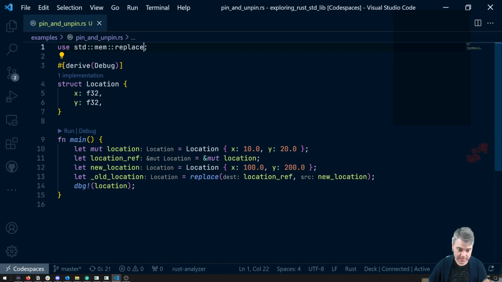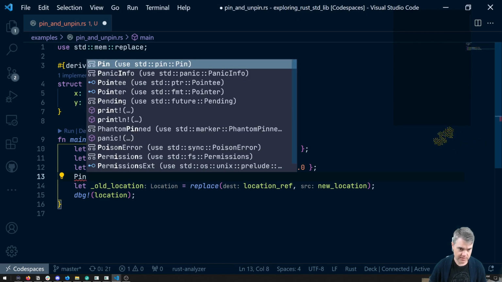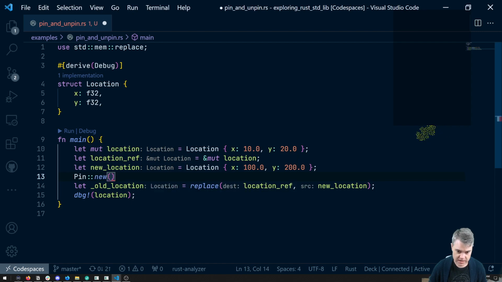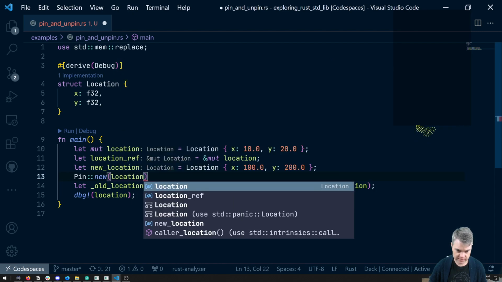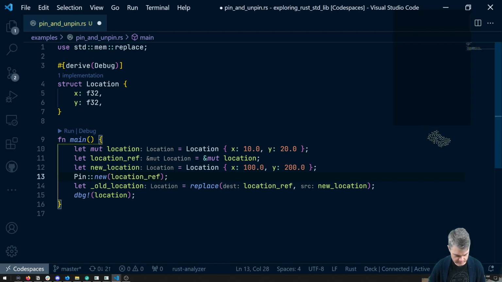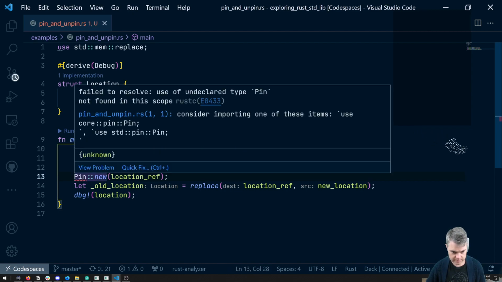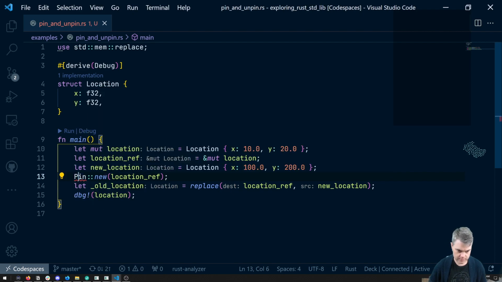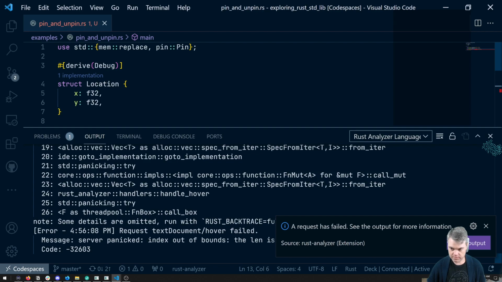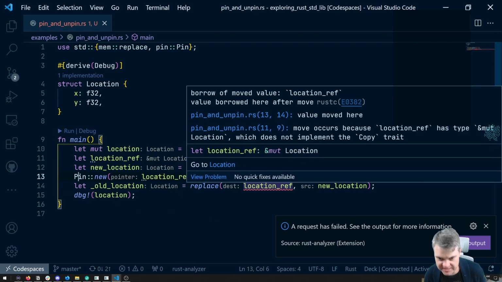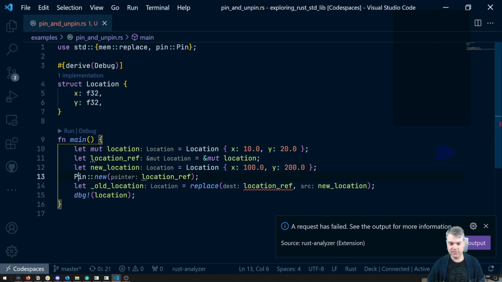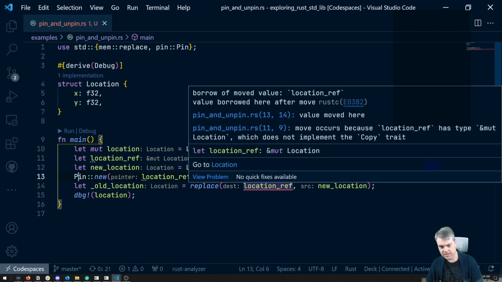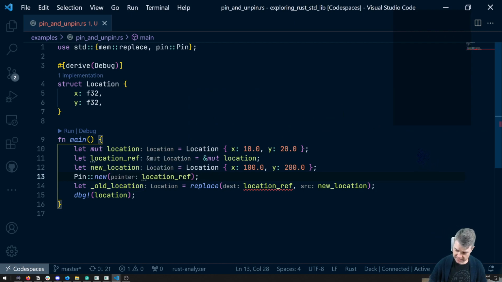But if I pin this before I do the replace, so if I do a Pin::new, and we throw in location ref, now it's going to yell at me because it's pinned. Borrow of moved value. I cannot do this because we're trying to move the reference in here, and therefore I cannot do that. But if I unpin it,